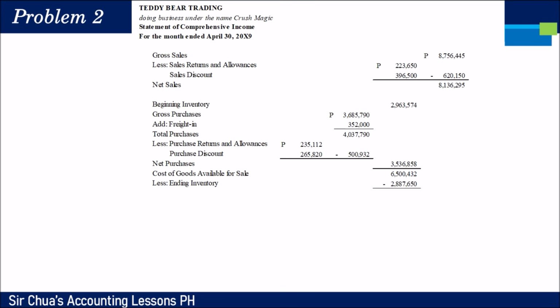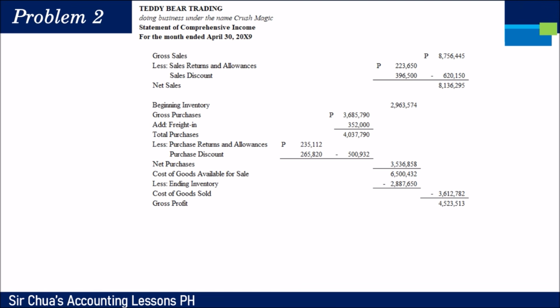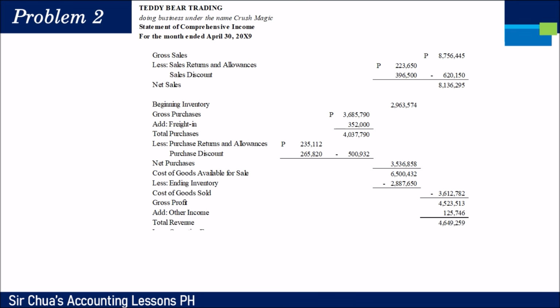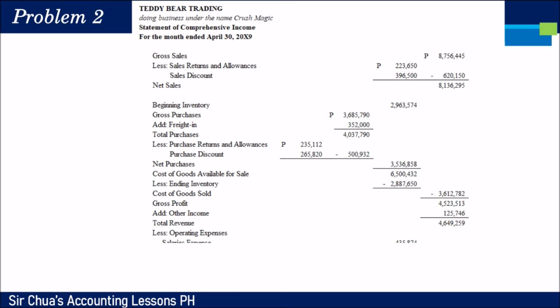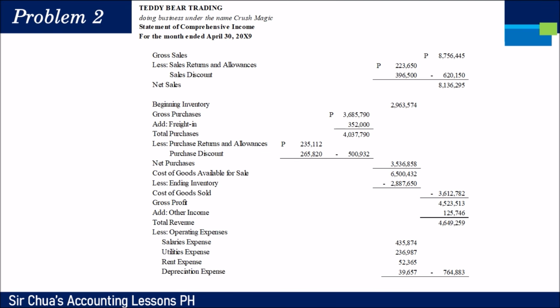2,887,650. So, cost of goods available for sale less ending inventory is your cost of goods sold of 3,612,782. So, net sales less cost of goods sold will give you your gross profit or gross margin of 4,523,513. Remember, and please never forget, baka may other income yung company, i-add po natin for a total revenue of 4,649,259. And then, i-deduct po natin lahat ng operating expenses and then revenue minus expenses, that is your net income,